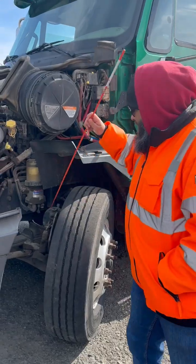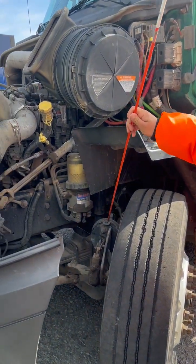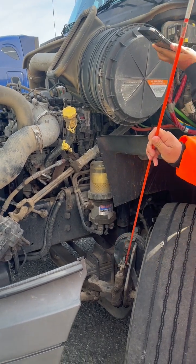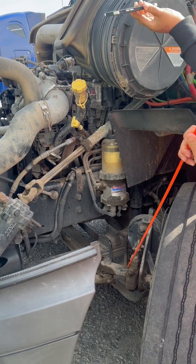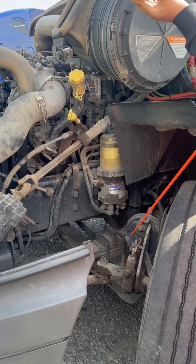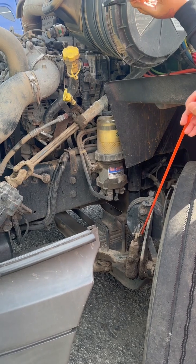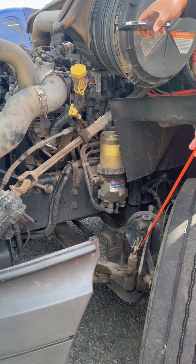So, my brake chamber, properly mounted, not cracked, broken, or damaged, has all of its nuts and bolts. It's not leaking. My push rod is not bent. My slack adjuster is properly greased, properly mounted, not cracked, broken, or damaged, has all of its nuts and bolts. It is properly connected to my push rod with pins and cotter pins. And with my wheels chocked and my brakes released, I have no more than 1 inch of pull on my